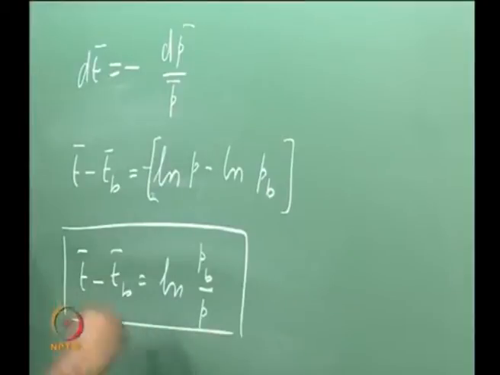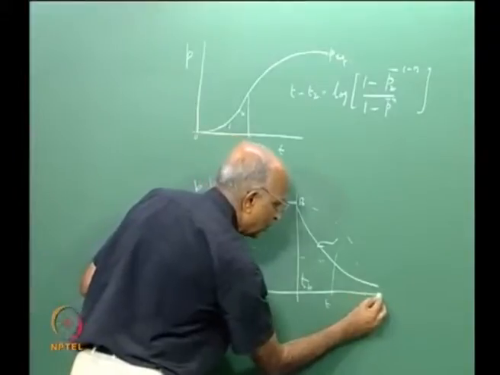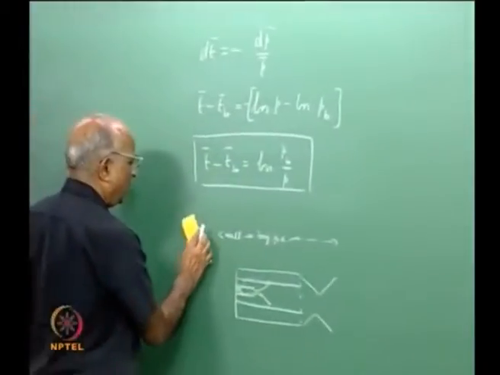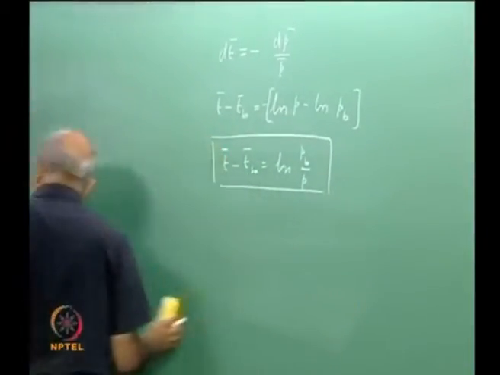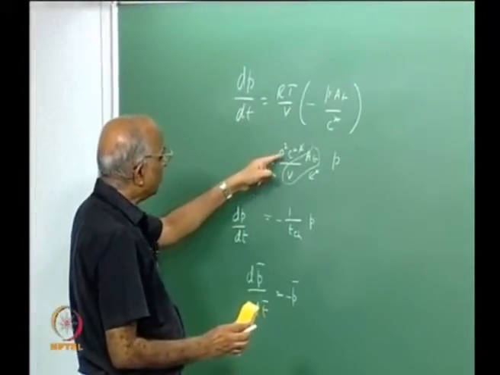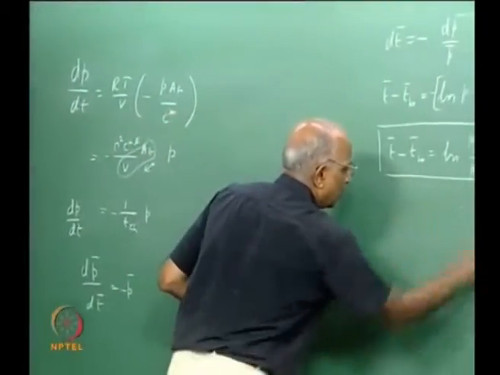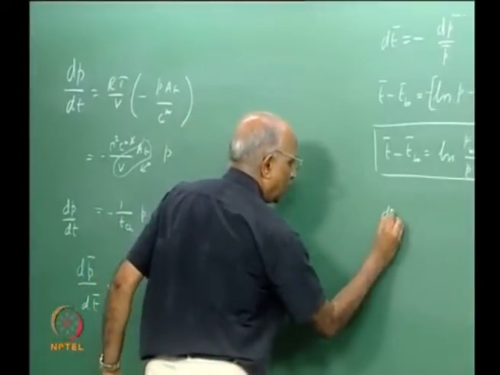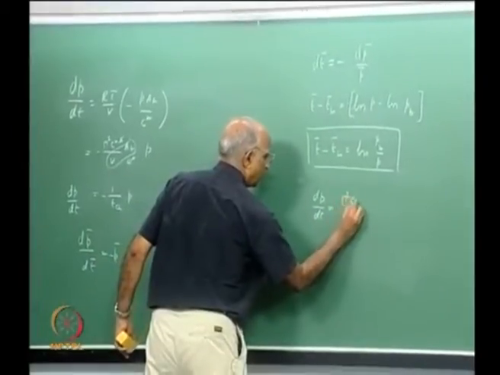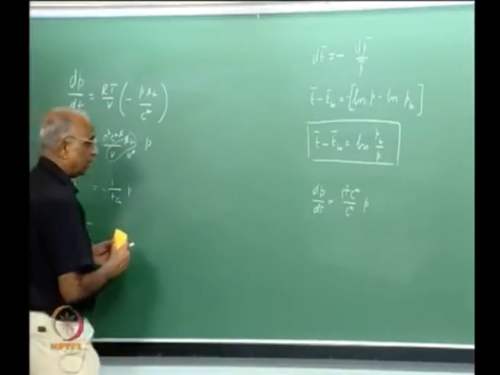In other words, the decay is exponential, and to reach 0 value it is going to take a very long time. And I did it dimensionally the other day. What did we do dimensionally? We could have directly integrated this over here, and I would have got gamma square C star by L star. Or rather, let us do that, we must be able to do this in different ways. We could have got dP by dt is equal to gamma square C star by L star into P with a negative sign over here,